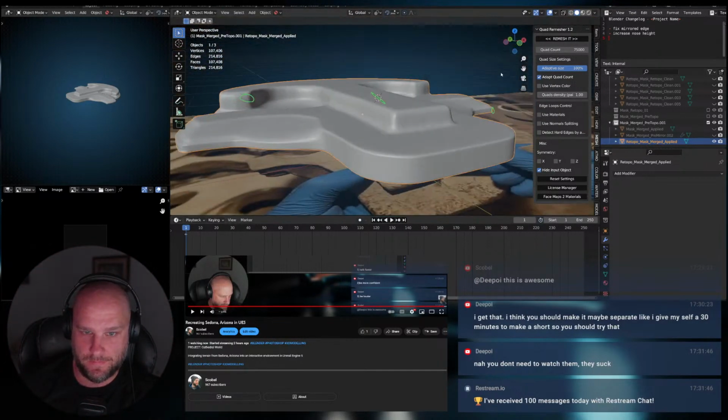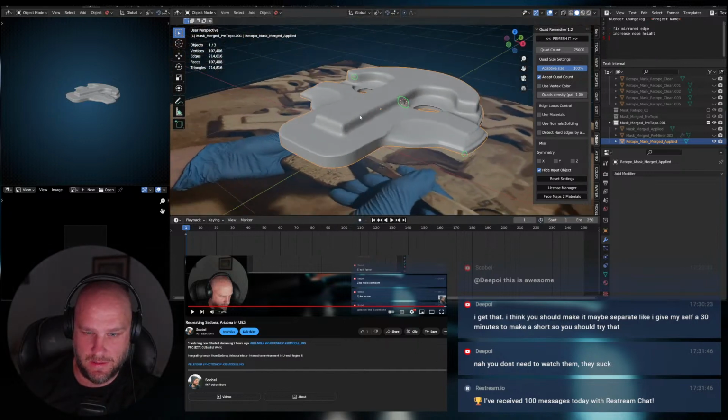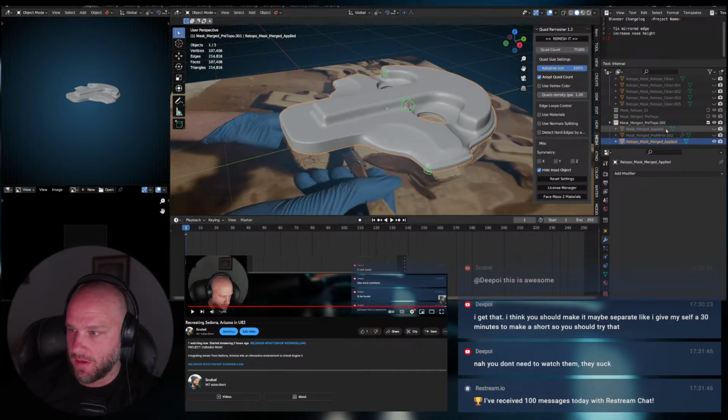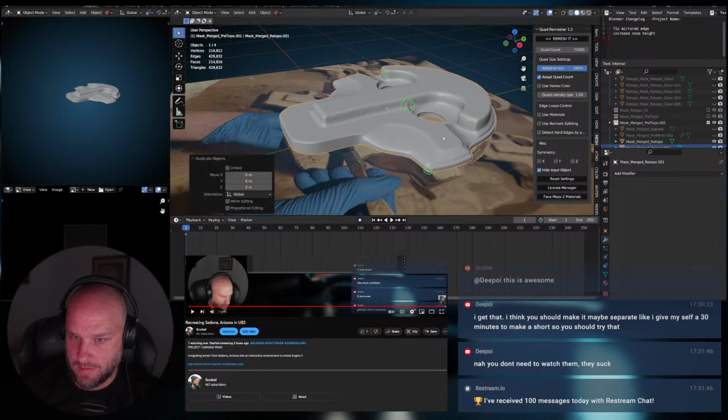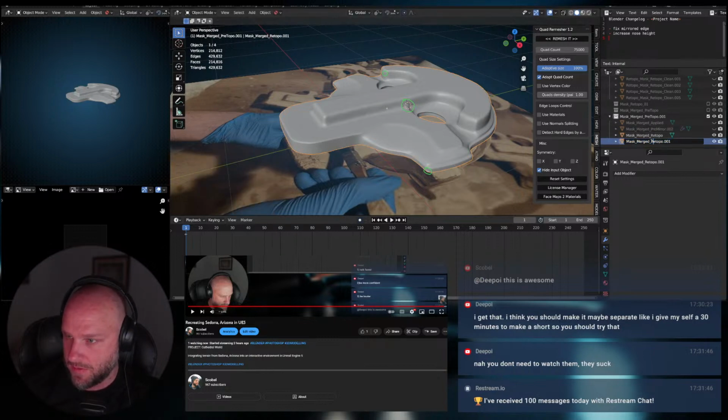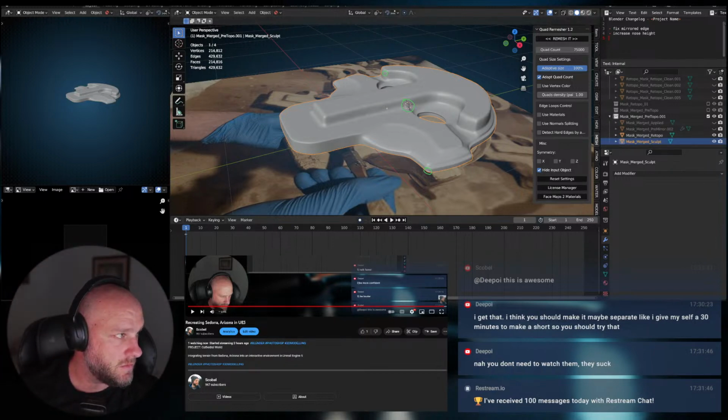Okay, so I'm not seeing anything that's totally glaring here. So what I'm going to do is we're going to just call this mask merged retopo. Okay, so we've got that. And then I'm going to do another one of these, and I'm going to call this sculpt. Okay, and we're going to actually switch. Hold on, let's switch off of